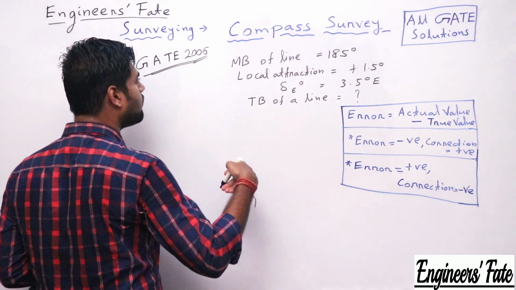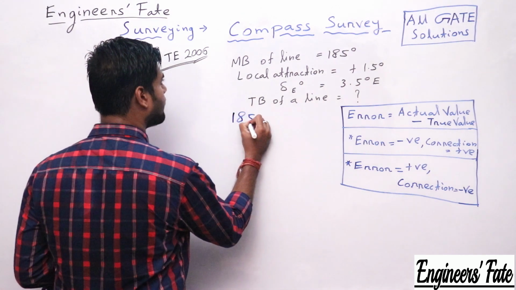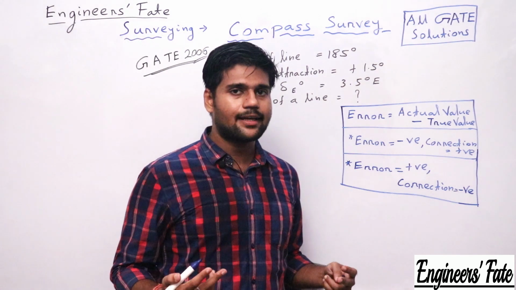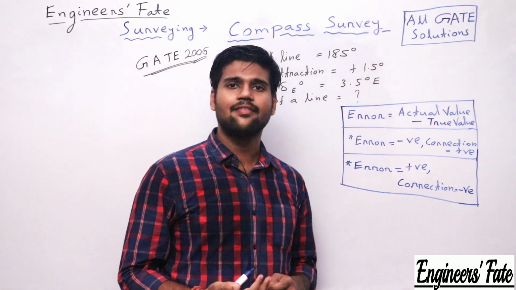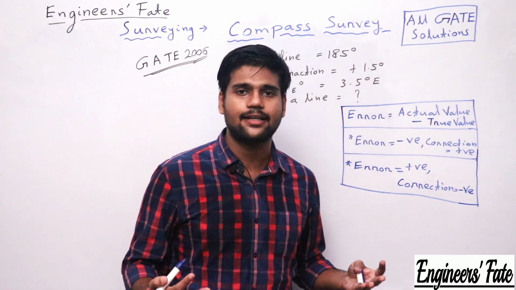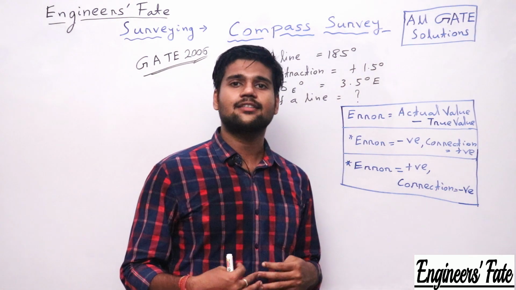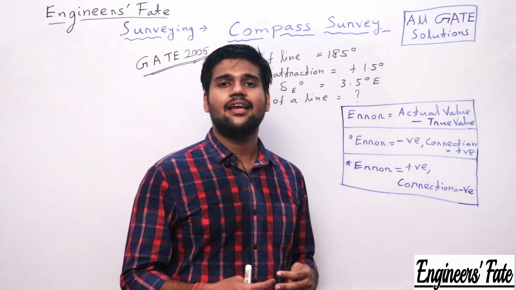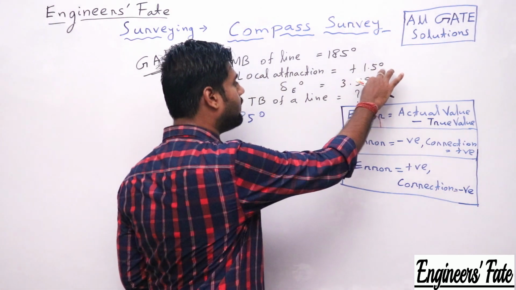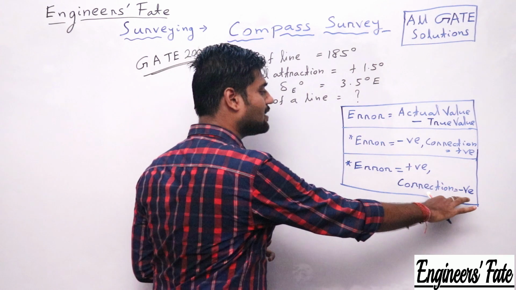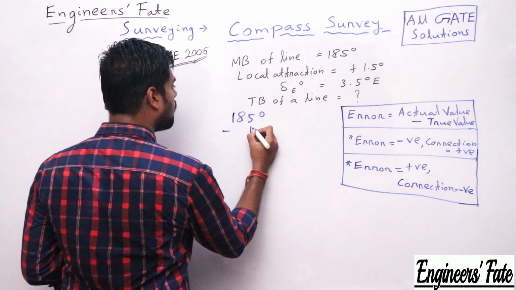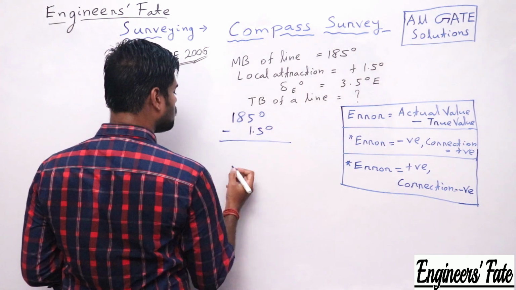So magnetic bearing of a line is given as 185 degree. Now local attraction is given as plus 1.5 degree. Local attraction, I have told you in the previous video, occurs if fore bearing minus back bearing is not equal to 180 degree, which means local attraction is present, and the local attraction is the error which we have to neglect. So local attraction error is 1.5 degree. So error is positive means correction is negative. So whatever the correct value, we have to subtract 1.5 degree. So what will be